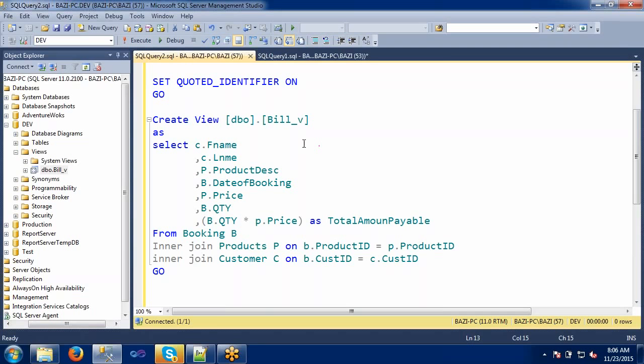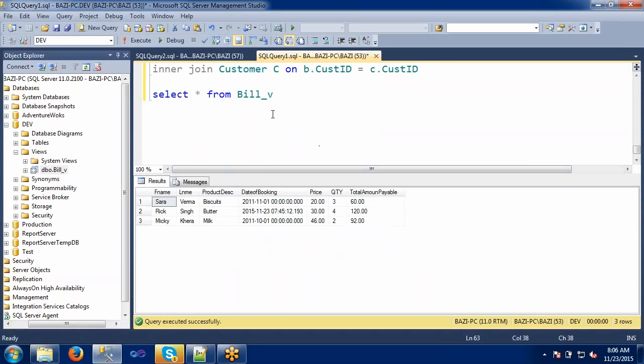But how it is secured: for the end user, we will just give a simple view table, I mean, we will give the data to the end user like this. Now the end user will use this data, but actually this data is not coming from a single table. It is a collection of different tables. Like this, we can provide so much security to our database.